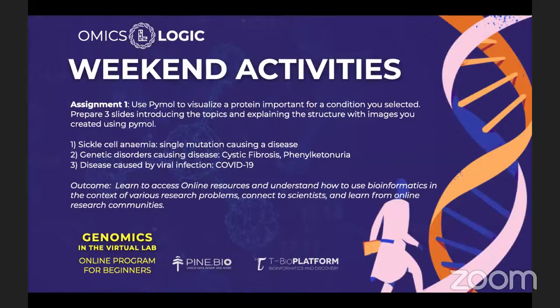In this activity, when you have learned about visualization tools such as PyMol, you will be able to apply this to a disease, or find a structure that has a mutation which makes it more dangerous, and identify those sorts of projects. And then we will be using PyMol. This weekend, you will have an assignment to prepare a few slides, find the structure, and use PyMol and all of that.